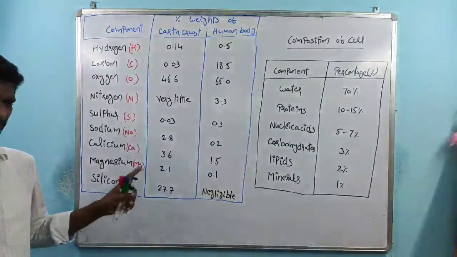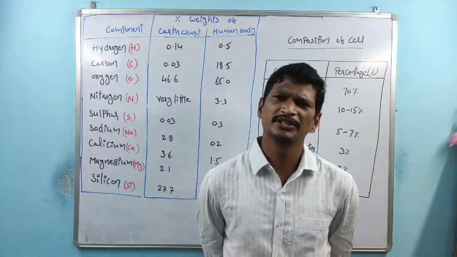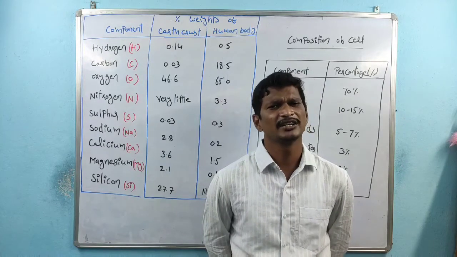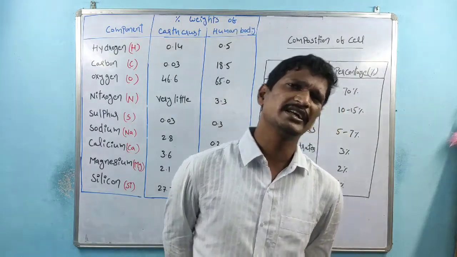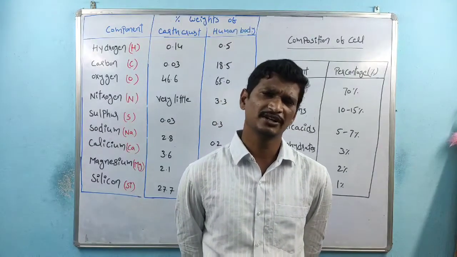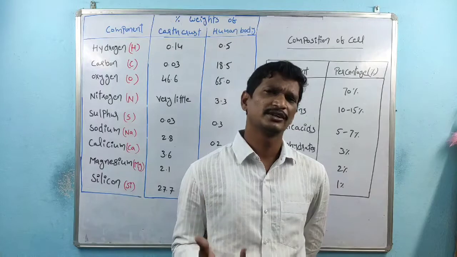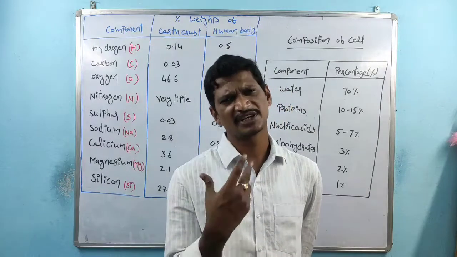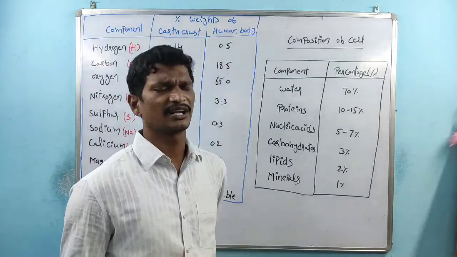So, sir, what is the use of magnesium? We discussed the DNA polymerase enzyme; its active site contains magnesium. And the RNA polymerase enzyme active site also contains magnesium. Some enzymes are not active by themselves; for their activity they require metal ions, maybe magnesium, maybe calcium, maybe chloride ions. Salivary amylase requires chloride ions. So different types of enzymes require some mineral ions for their activity.